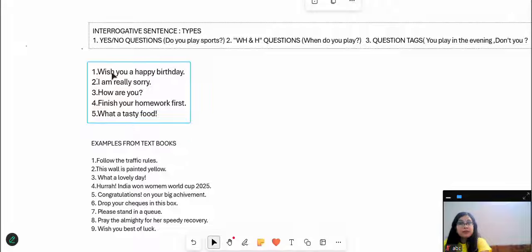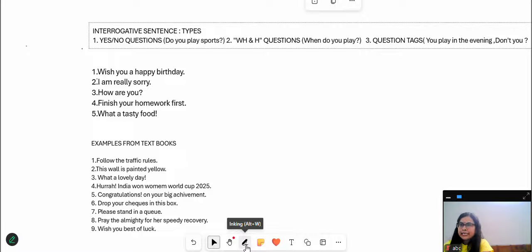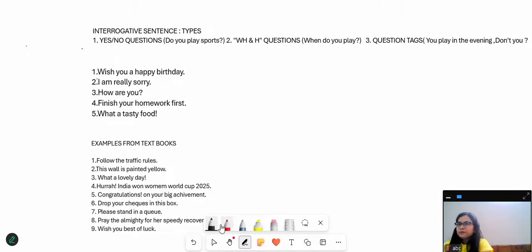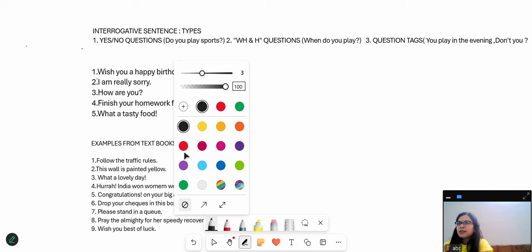For example, wish you a very happy birthday, as I told you, because I am wishing for someone. So, can you tell me which type of sentence is this? If you are not able to remember, then let me help you that all the sentences in which some pray, some wish, or curse is being made, they fall in the category of optative sentences. So this one, wish you a happy birthday, falls in the category of optative sentence, right? This is optative sentence,